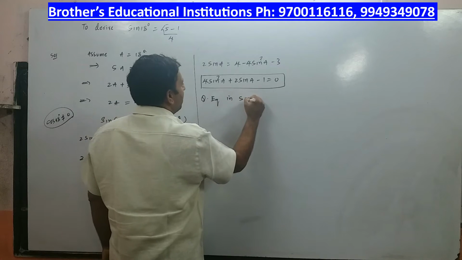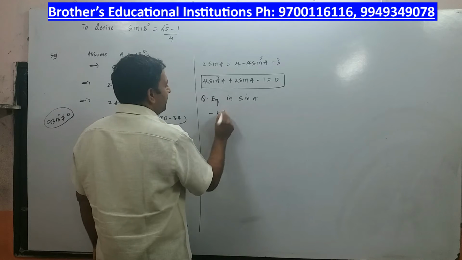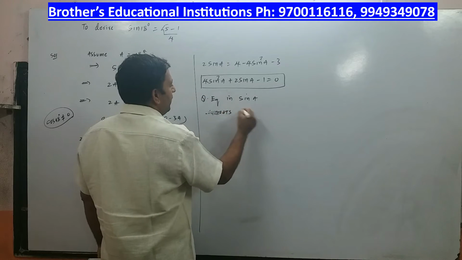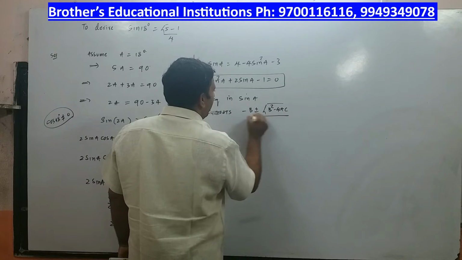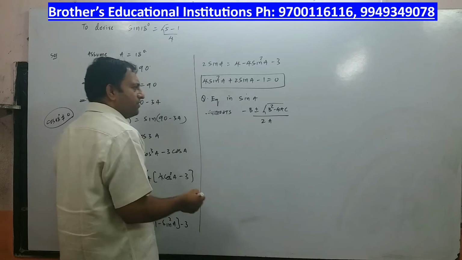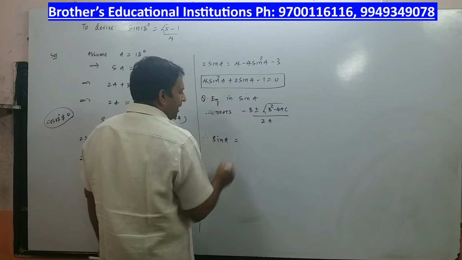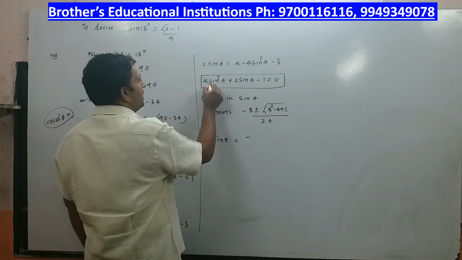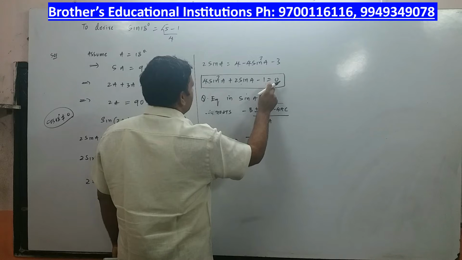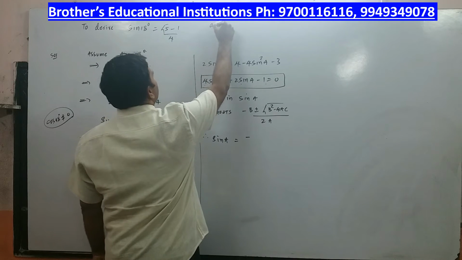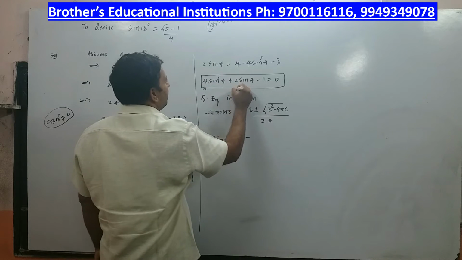equation in sine A. So when you say it's a quadratic equation in sine A, its roots will be minus b plus or minus root of b square minus 4ac by 2a. This is a formula you have studied in quadratic equations. So therefore the root is sine A. Sine A will be equal to minus b. See, this is ax square plus bx plus c. Please try to understand. When it is ax square plus bx plus c, this is your a, this is your b and this is your c.